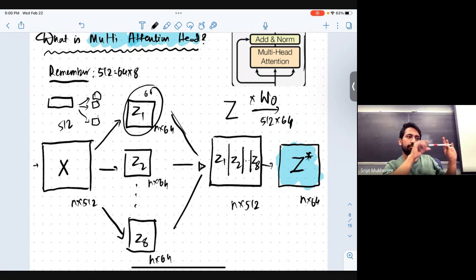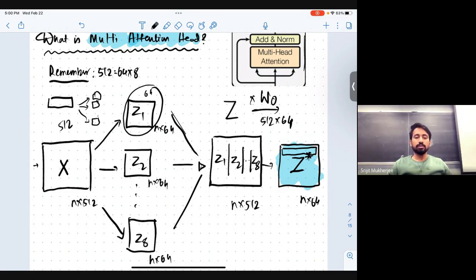representation of the vector is being projected into 64-dimensional space. 8 such representations are there, and then finally they're concatenated together and a weighted average is taken of each such vector. The weights are learned by the model after training. And the weighted average of those 64-dimensional vectors, it's essentially like taking the mean in some sense, but the weights are learned by the model, and finally a 64-dimensional